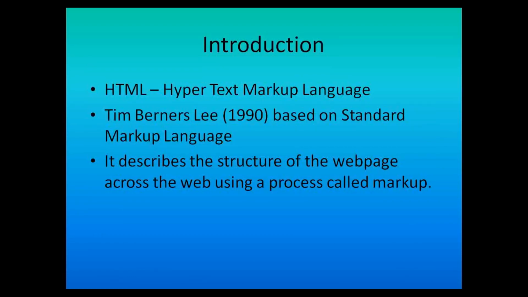HTML stands for Hypertext Markup Language. Now, hypertext markup language is used for describing the web documents, that is, web pages. Hypertext is simply a piece of text which contains links to other text. For example, if you see the Wikipedia page, on Wikipedia page you will be having two types of text. One is the plain black text, and then there are certain words that are highlighted with blue color. So these words, when they are clicked on, they will link you to some other web page.